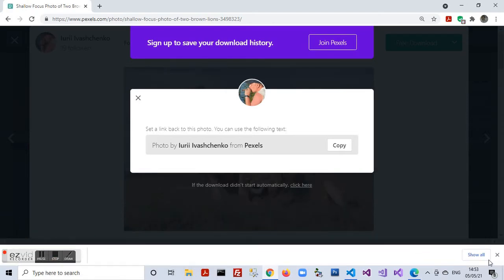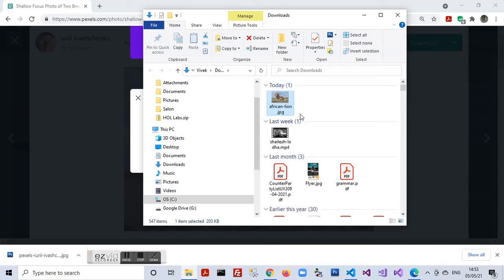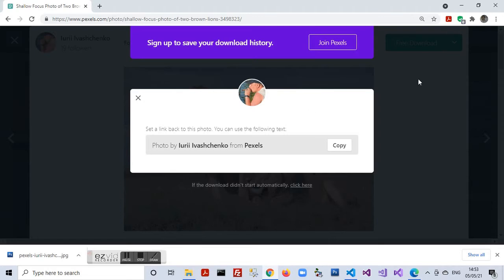So I have copied images from Pexels to my local folders to create an image repository. You too can use this website Pexels for creating an image repository for this example website. So I downloaded this image of the lions within my local folder, and I can go ahead and copy rest of the images. I can download rest of the images required for the website.